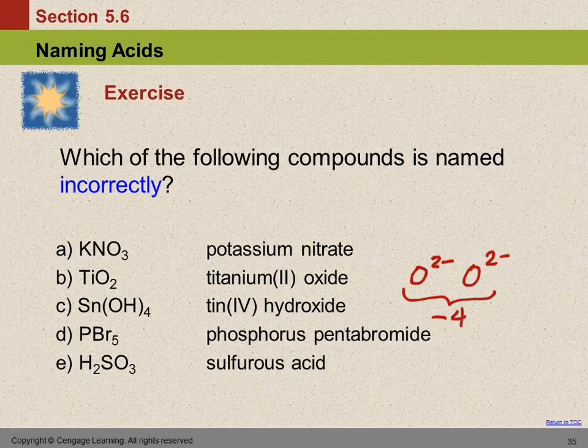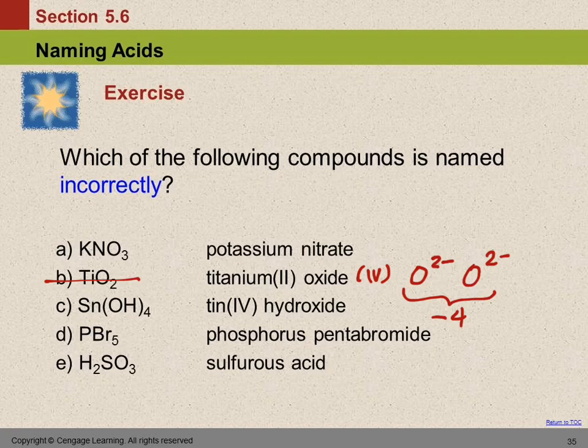And there's only 1 titanium ion. If it's +2, is this going to add up to be neutral in charge? No. So that should have the Roman numeral 4. So that one is not correct. You see how I did that? You have to look at the anion to figure out the charge on the guys that need Roman numerals. How about the next one,